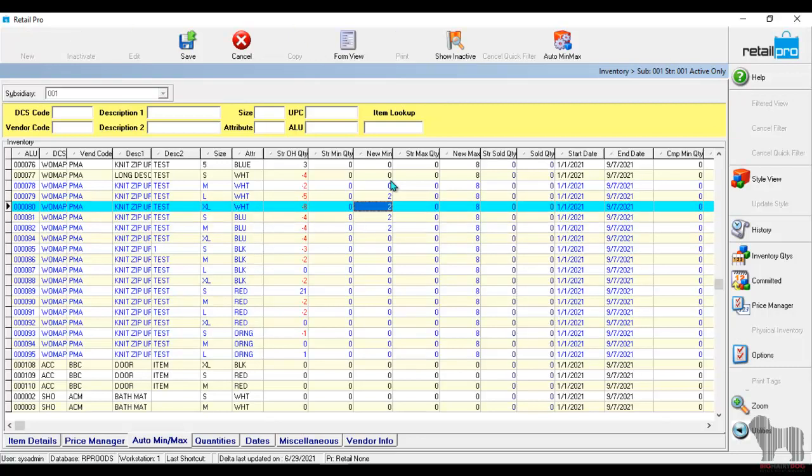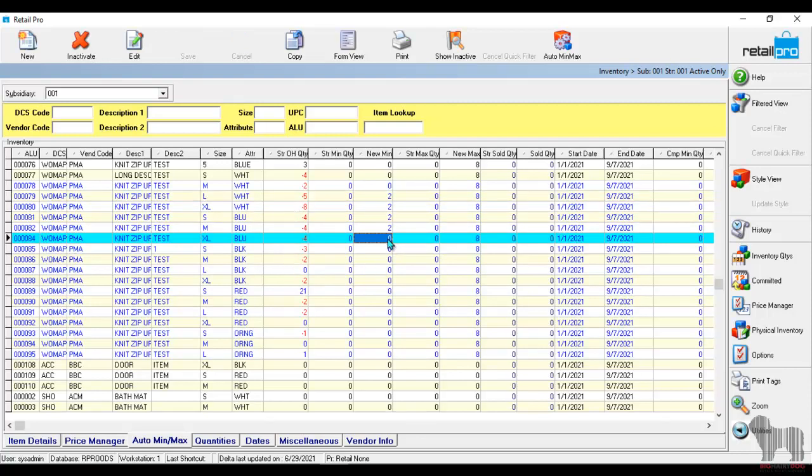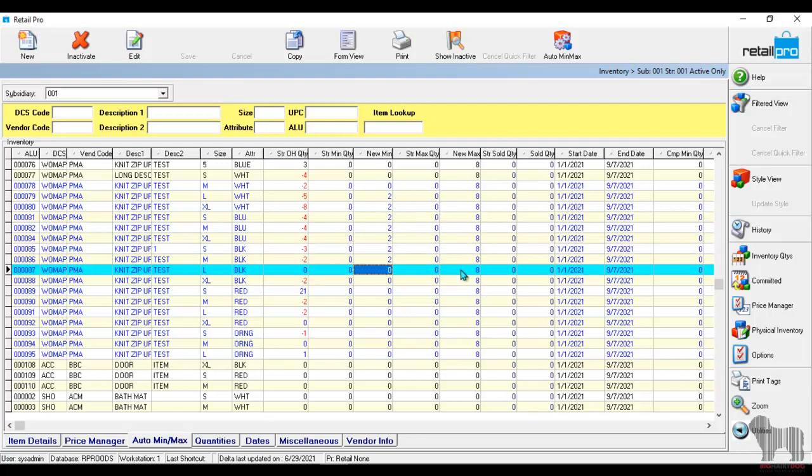Now let's say for these particular items here, as you can see, I've sold into the negative. So perhaps I did not sell those items because I just did not have them in stock. So what I'm going to do is I'm still going to go ahead and set up my own minimums for them. I'm just going to go down the list and add the minimums to my new min and my new max. All right. From there, once I am happy with the numbers that I'm seeing under new min and